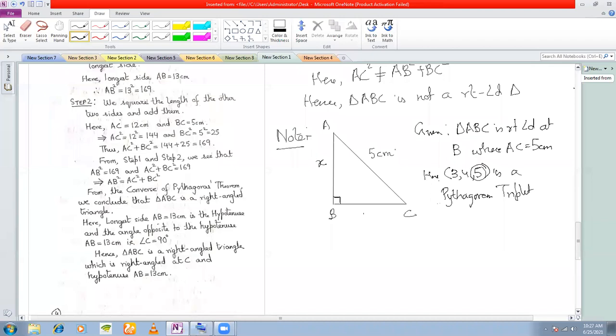See 5 here. So 5 is your hypotenuse. Now this 3 and 4, you can take the length of AB as 3 centimeter and the length of BC as 4 centimeter. Or you can take this as 4 centimeter and this as 3 centimeter. Is it clear? Sir, I have not understood. If the length of this side is given to you as 5 centimeter, fine, I'll explain this in the next class. Okay, time is up almost.